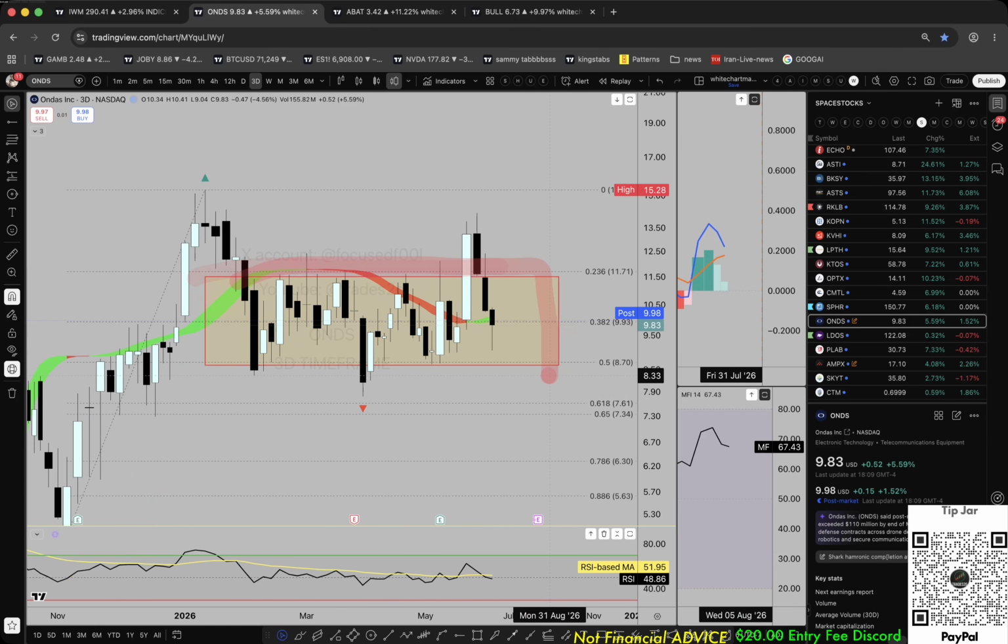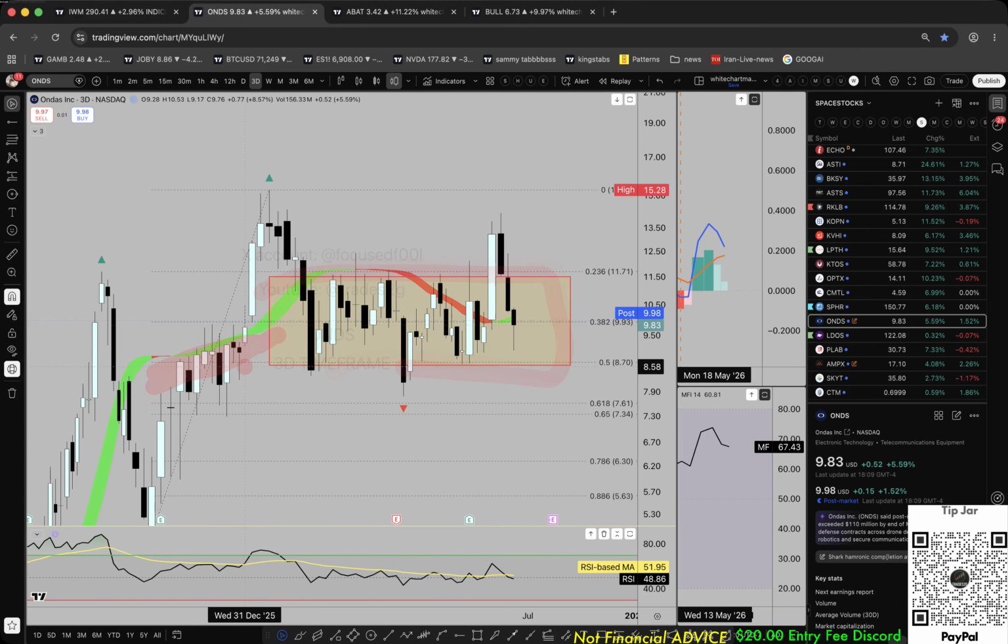Guys, we're still stuck inside this box I mentioned in my previous video. The Hull Suite acting as an indicator. It's sort of like an EMA, but it has a different calculation. But long story short, notice the Hull Suite was a key area where price action gravitates to and then acted